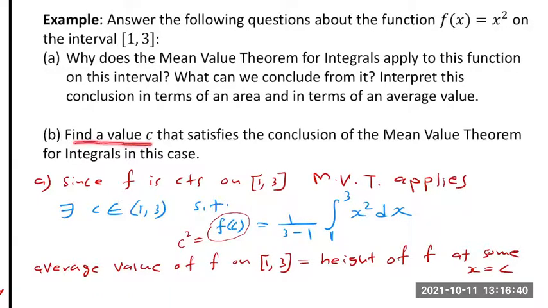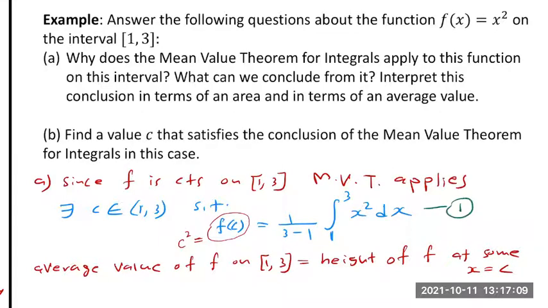Find the value c that satisfies the conclusion of the mean value theorem for integrals. So we need to find this value c. I know that f of c is equal to c squared. All you need to do is set c squared equal to this average value. Of course, this is a known value. You can find this integral, plug that in here, and multiply that by this to get a number. So if you do that calculation, you will get,